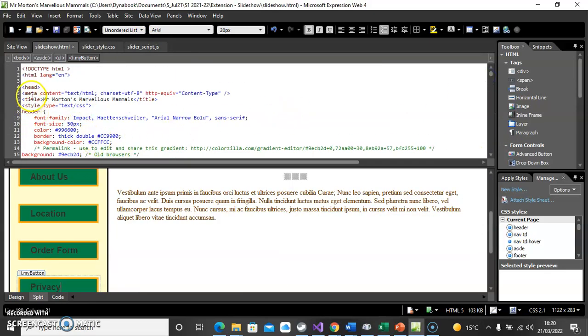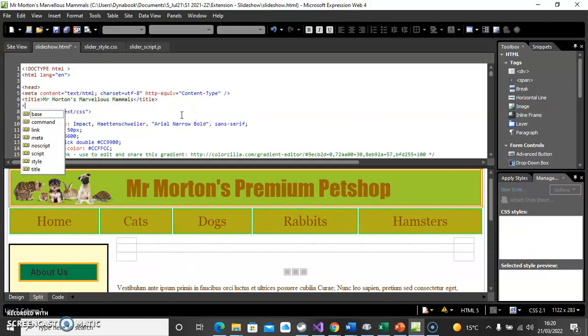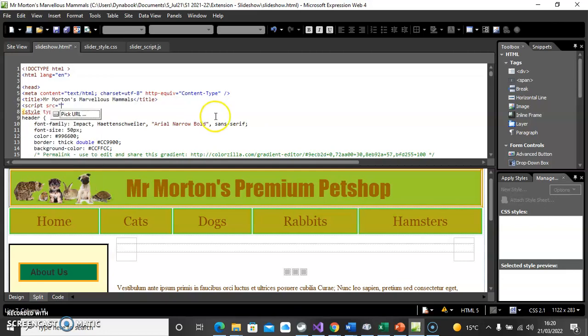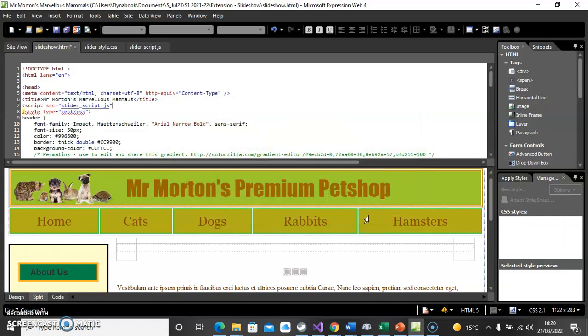So what I need to do is I need to come up to the top of my code, and I'm going to put this just below title. My title here is on line 6. I'm going to come to the end of title, press enter. I'm going to open an angle bracket and put script. And then I'm going to put source, src is source equals, and that'll let me pick a URL. The URL I'm going to pick is the slider script. And then I can just close the angle bracket,